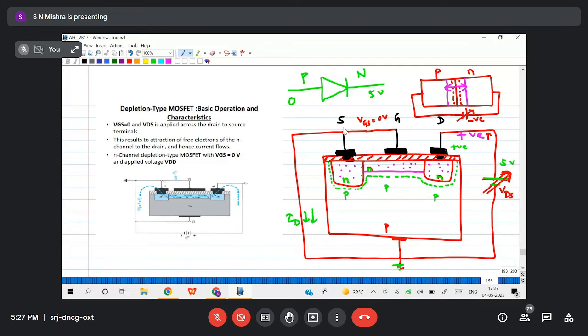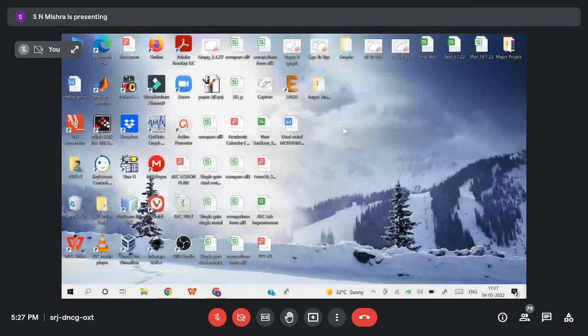So here also, when I increase the VDS, the depletion region will increase. That means the depletion region will penetrate to the P side as well as the upper side. When it will penetrate to upper side,